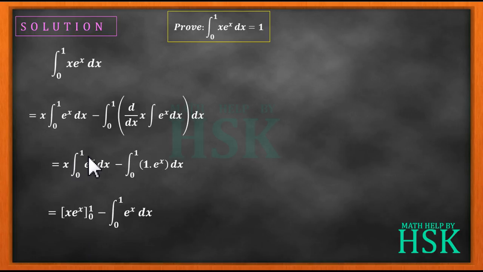Further I get on integration of e to the power of x, e to the power of x, so the product of x into e to the power of x is written with the limits, that is the limits are to be solved. And further for the second term I am going to get e to the power of x dx from the limit 0 to 1. Okay, so further I get on integration of e to the power of x, e to the power of x, so I have placed limits from 0 to 1.